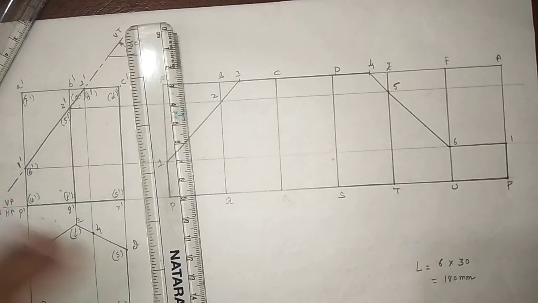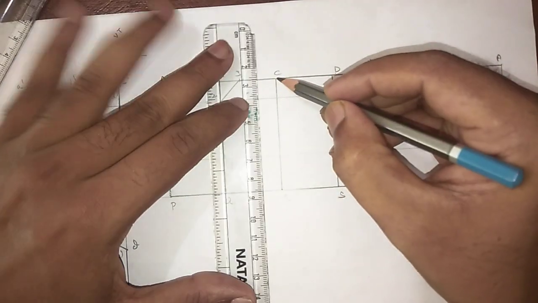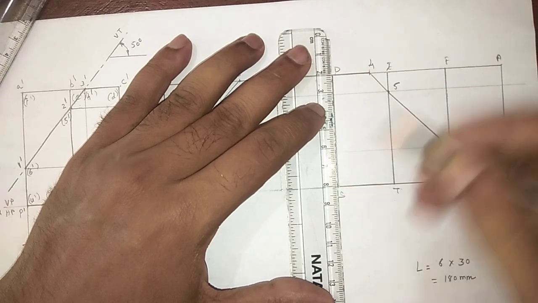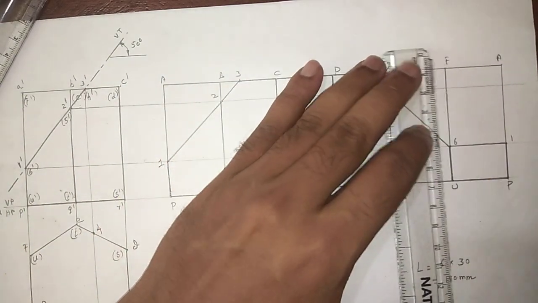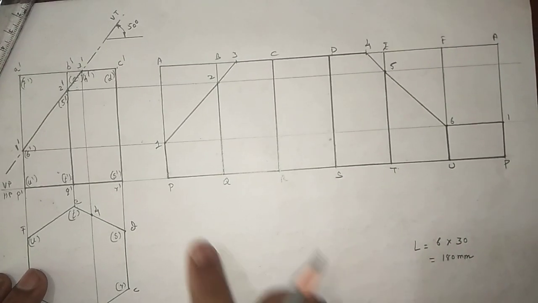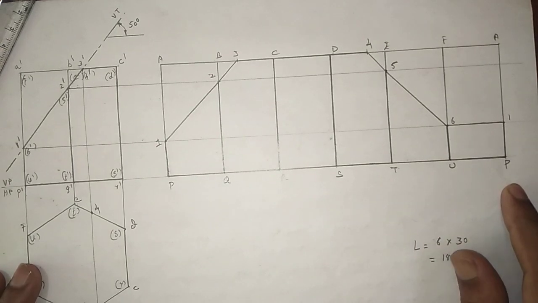In the same way, in between the longer edges also we need to darken, because it's a hexagonal prism. It has 6 sides, so all the sides are visible, and since all the folding is visible, we need to darken this line also. And finally we need to mention the dimension, the total length of the object after development,